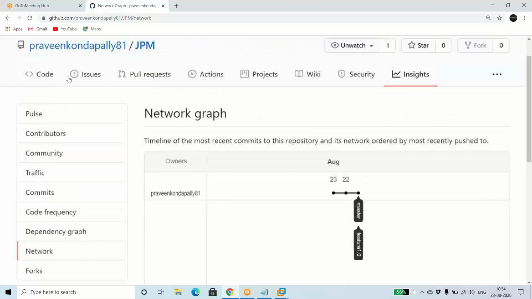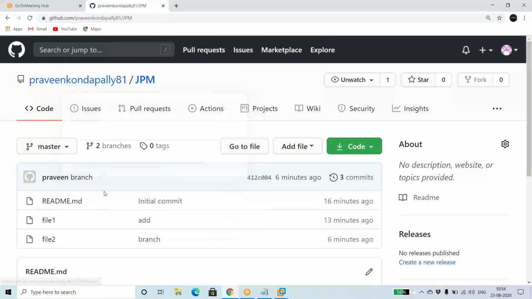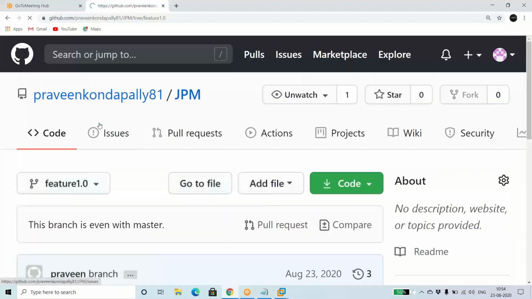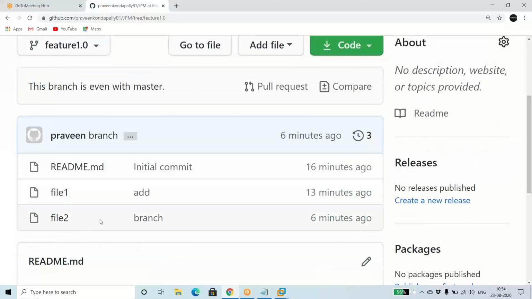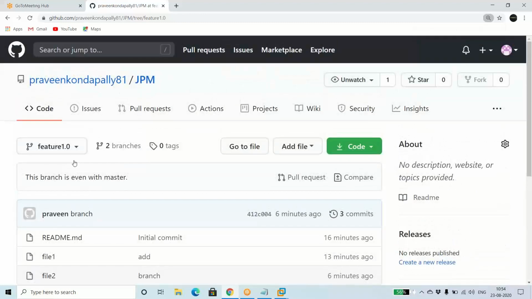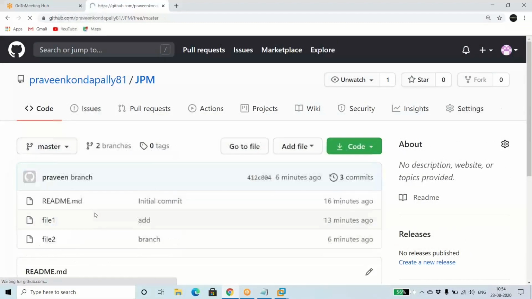When I go to code, I can also see file one and file two. When I go to feature one, over here also I can see it. So any changes you make, you have to push them, and only then will they reflect. We have to push all the changes to the GitHub account.